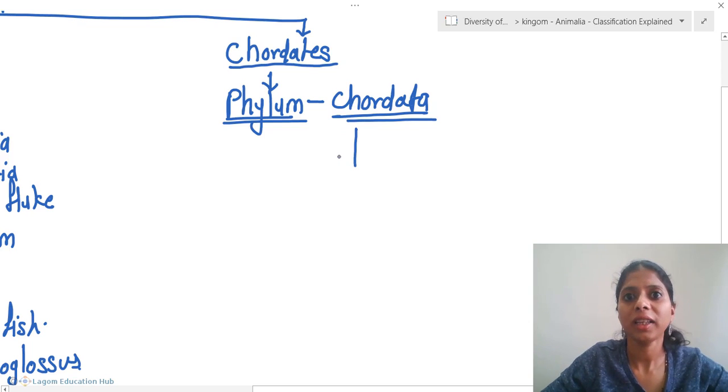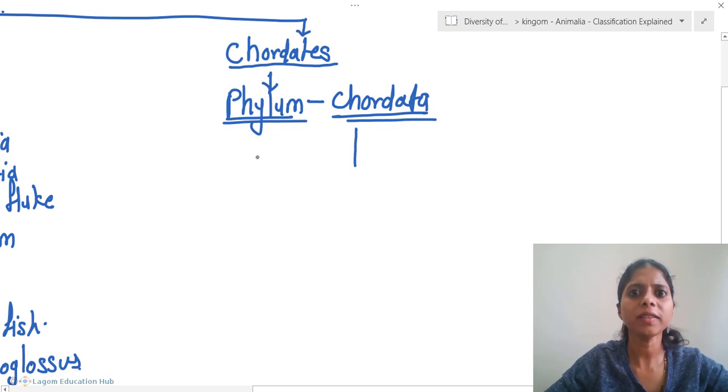Remember, you are writing it, so write it in such a way that you leave some space for the further classification. Okay, don't make it messy. One more thing, if you made a mistake and don't have any place to write this Chordata classification, then write the further classification on the next page, but it will be a little confusing for you. So try to fit it in one page. If you cannot, just start with a new page.